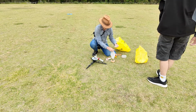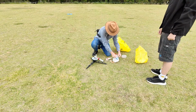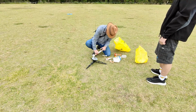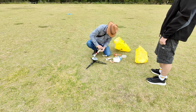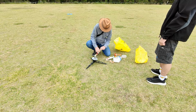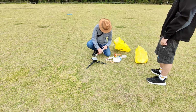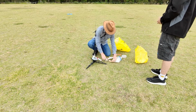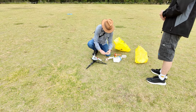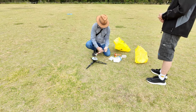Now, what I'm putting inside the body of the rocket before I put the parachute in is some recovery wadding. It looks like tissue paper, but it's actually specially treated material that prevents it from catching fire and burning, and I'm stuffing a bunch of these in here. Obviously you've got to be careful, you don't want to put too much in, otherwise there'll be too much resistance and the nose won't come off and the parachute won't deploy. And same thing with the parachute, just being careful there not to